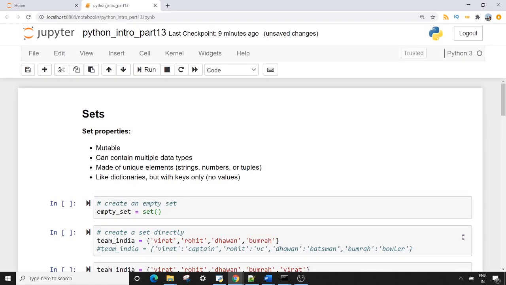Let's start with sets property first. So the first property we want to discuss today is mutability. So of course sets are mutable. You can add and modify elements in a set. Sets can contain multiple data types, so whether it is integer, float or string, all can be contained within a